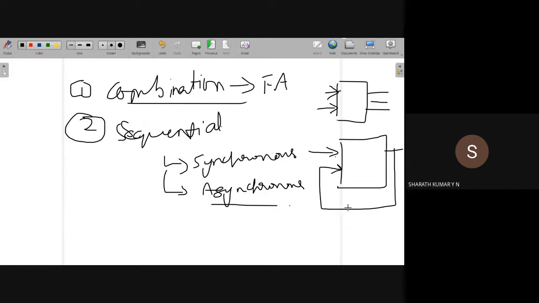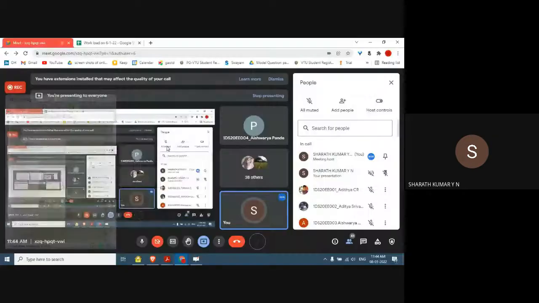The feedback can be a simple feedback like this, straight away connect output to input. That is a feedback, no problem. The other possibility of a feedback is that,